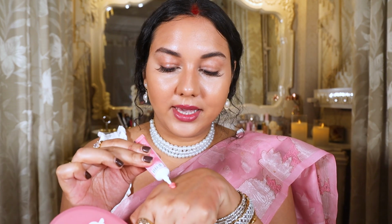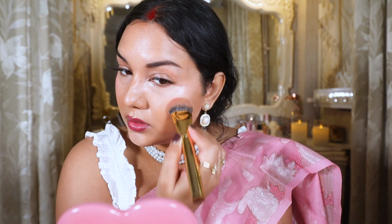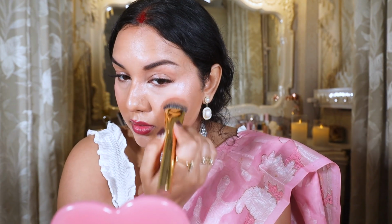Use this Milani blush. This is a liquid blush. You can use any liquid blush that you have. I am using the shade Pink Flirt because I'm wearing pink, so I want something pink. This is what the color looks like. Isn't it beautiful? So you can see how sheer the blush is, but still it's adding a little bit of color and some